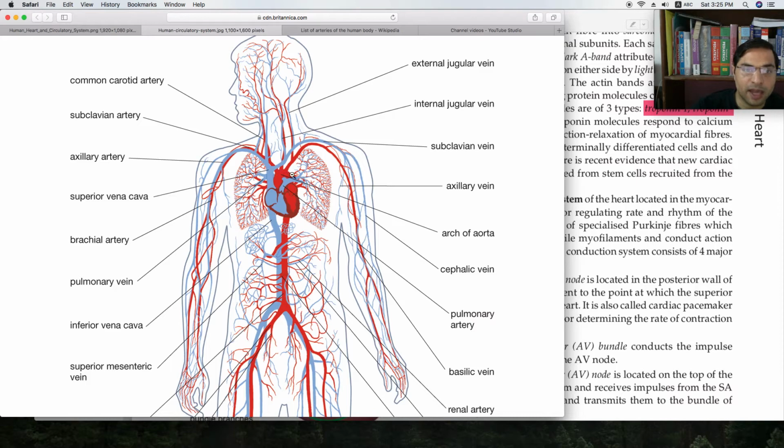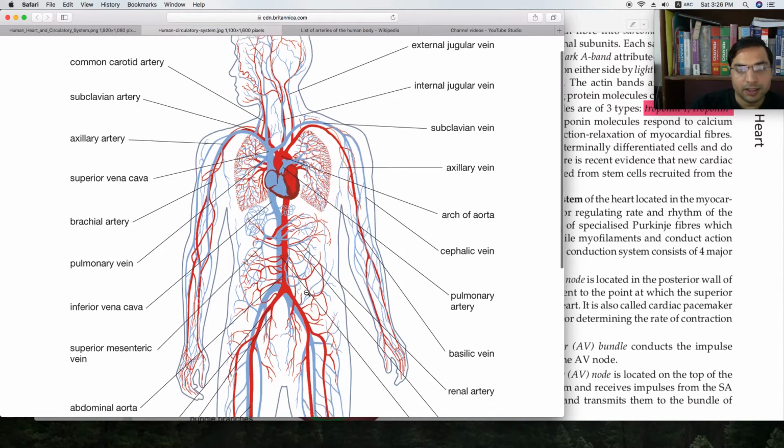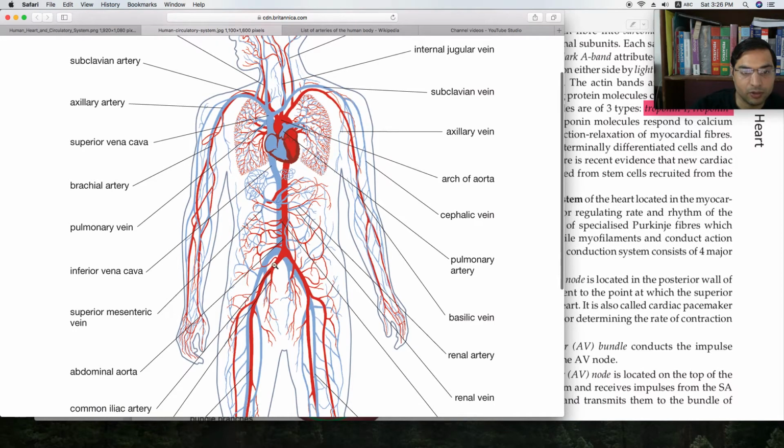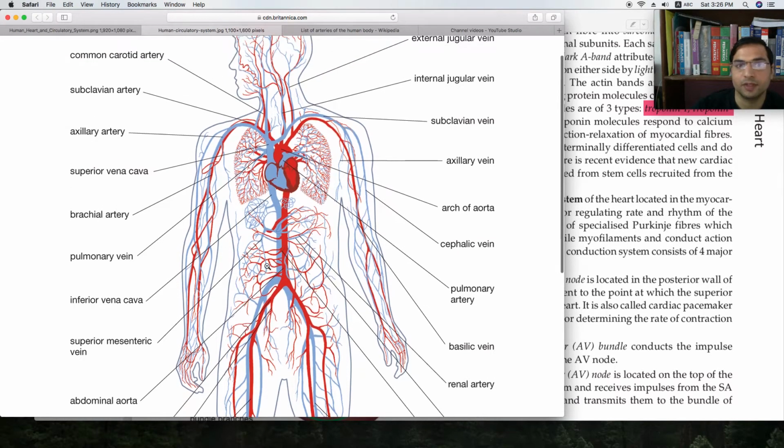So at the back of the heart, it is called as thoracic aorta because it is going from the thorax. So thoracic aorta, and then down in the abdomen, so it is called as abdominal aorta, right? And then it is going a little more down and it is dividing into two, right? It is dividing into common iliac arteries, right? And it is going further down, right? Don't worry, we will study about all of this.